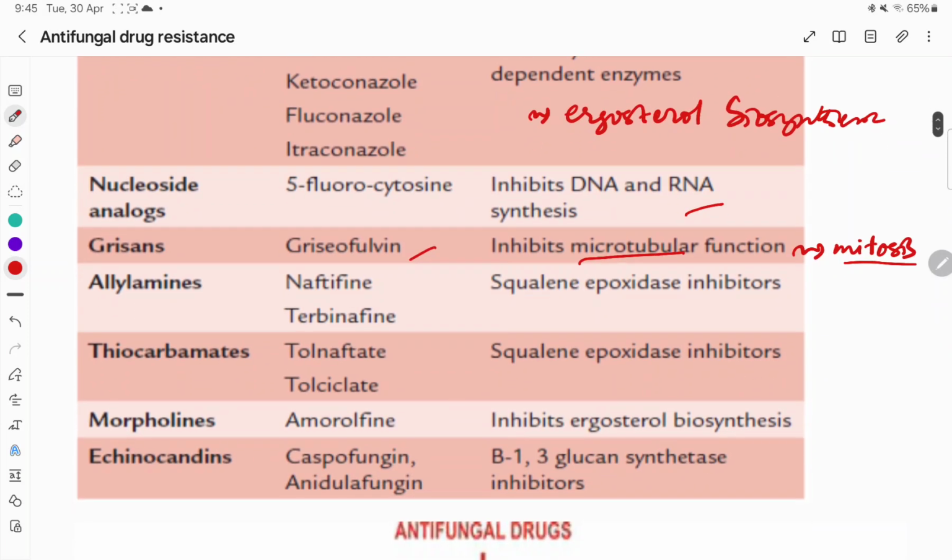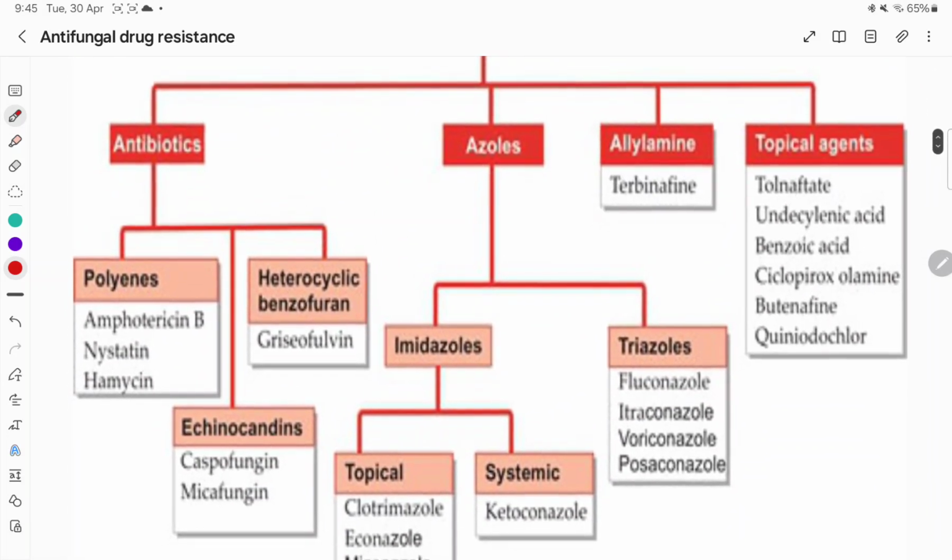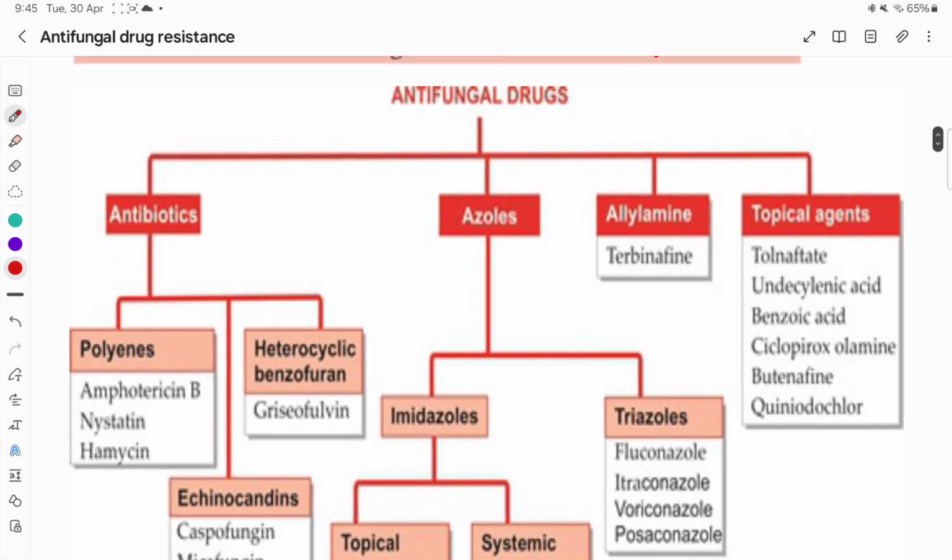Then allylamines inhibit squalene epoxidase. Thiocarbamates also inhibit squalene epoxidase. Morpholines inhibit ergosterol biosynthesis. Echinocandins inhibit the beta-1,3 glucan synthesis. So accordingly we can classify them, and we can also classify them as